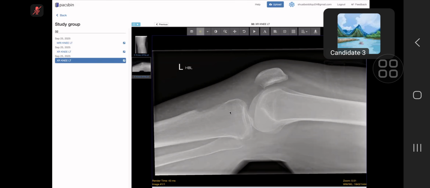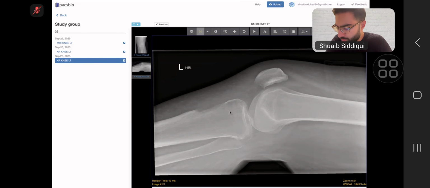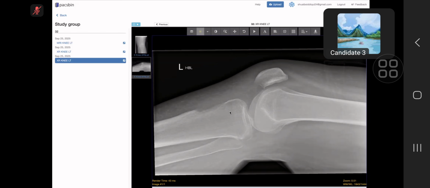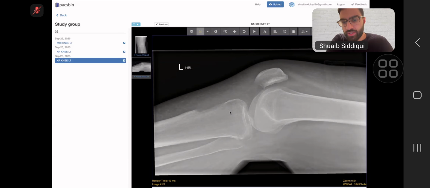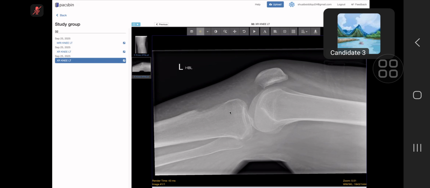So what would you like to do next? I will definitely like to do an MRI with contrast, including the whole of the tibia and partly the femur as well. What's your differential diagnosis at this point? My differential diagnosis is that this is likely an aggressive lesion. It can be a subperiosteal abscess, it can be a metastasis, or it can be a myeloma. Myeloma is more likely to be central, and this is not the typical location. Met can be a differential, but